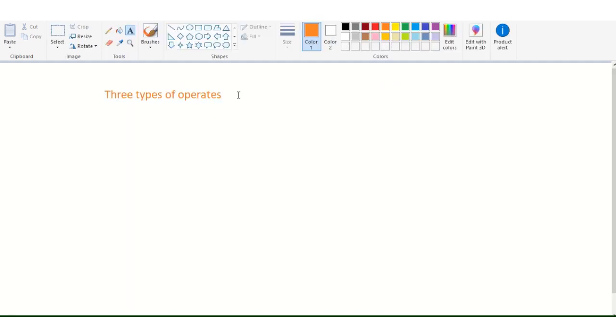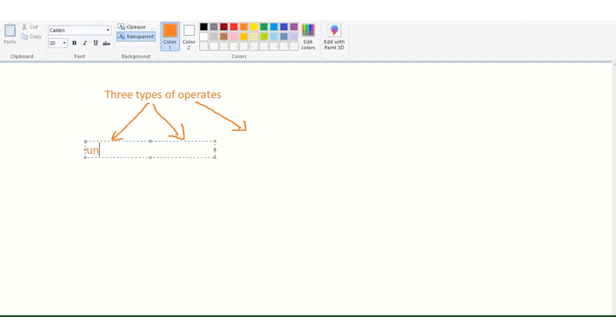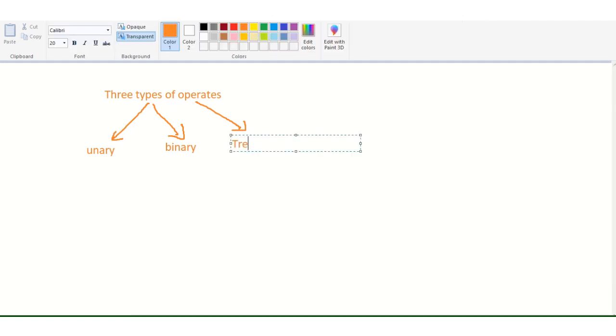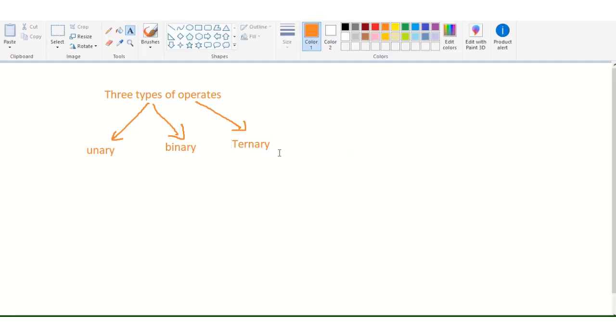These three types of operators are: first one is unary, second one is binary, and third one is ternary, right?